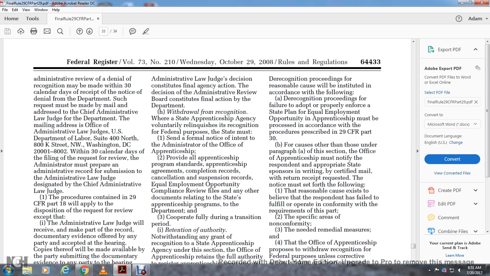Within 30 calendar days of the filing of the request, the administrator must prepare the administrative record of the submission for the administrative law judge, designated by the chief administrative law judge. The procedures contained in Title 29 CFR Part 18 will apply